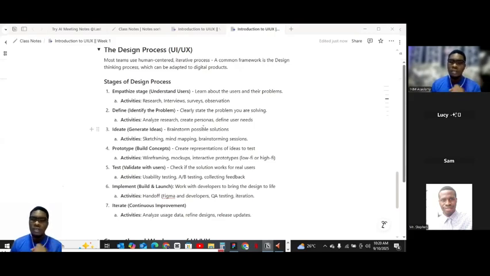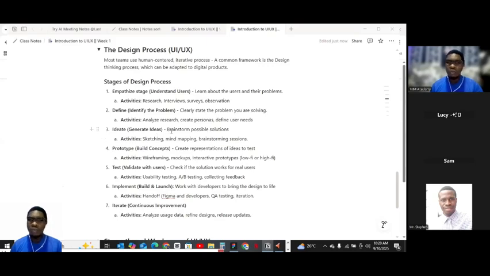You understand? So you also define the user need. Okay, what does the user need for this particular app? You define it. There's nothing abstract. You need to be real with everything you are doing for it to be a real product. You bring the abstractness to the realness, do you understand? And then you can now actualize the idea, which is the ideate stage.